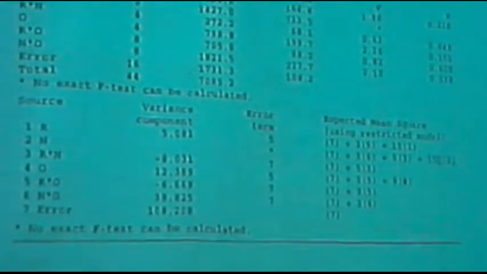So it's going to describe down here building a so-called pseudo-F ratio. So looking at the options that we have here, we have expected value of mean square RN is that. That's from the third line here. Expected value of mean square NO is that, and that's from the NO line here. And then if we take the sum of those two, and then subtract from it the mean square error,